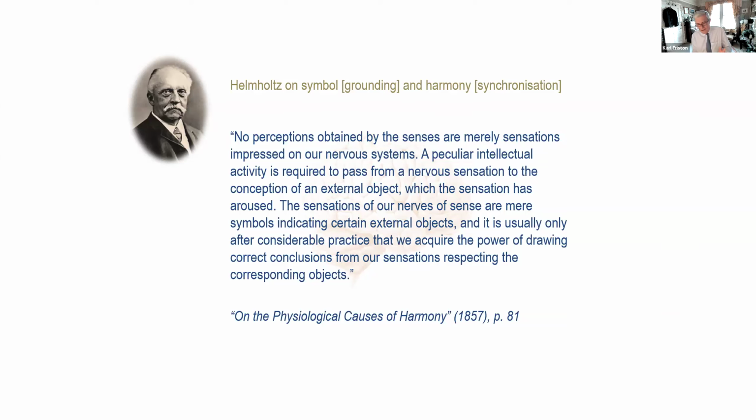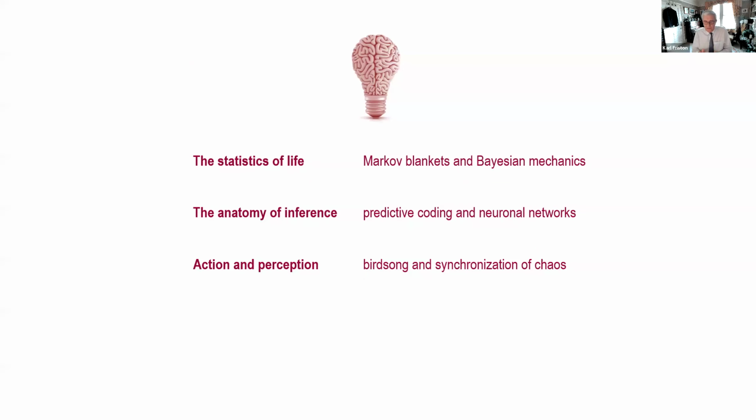Now, much of what I'm going to say is based upon the insights and offerings, both mathematical and narrative, of Helmholtz. And I'm going to tell the story, the backstory to this observation in two ways. I'm going to start by just considering self-organization from the point of view of a physicist and talk technically about the statistics of life with a special emphasis on Markov blankets and inference, Bayesian mechanics of the kind that we've been discussing. And then I'm going to tell exactly the same story from the point of view of predictive coding and neuronal networks. And then I'm going to close by